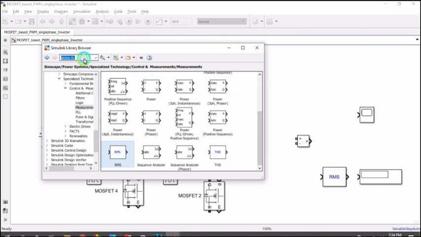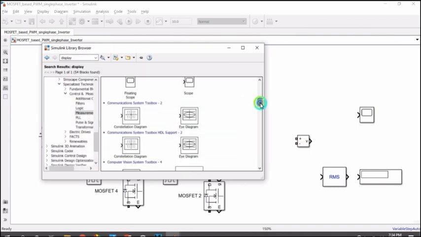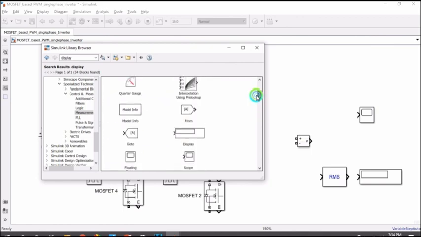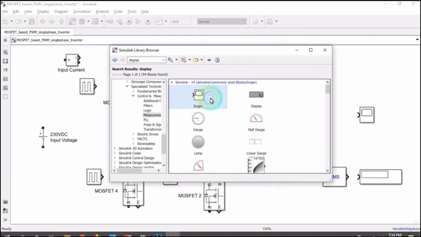Next we need a display for displaying the instantaneous parameters. This display can be selected, and here itself the scope is available, so the scope also can be selected. This will act as the CRO in our practical lab.